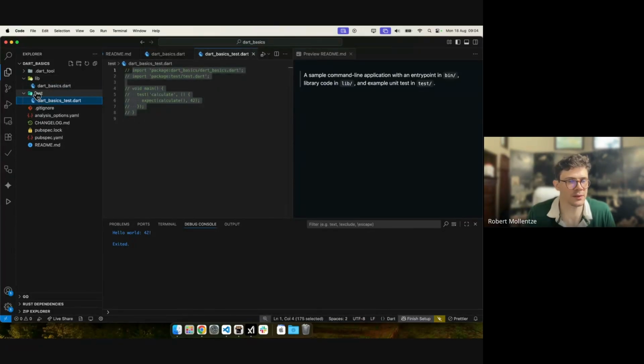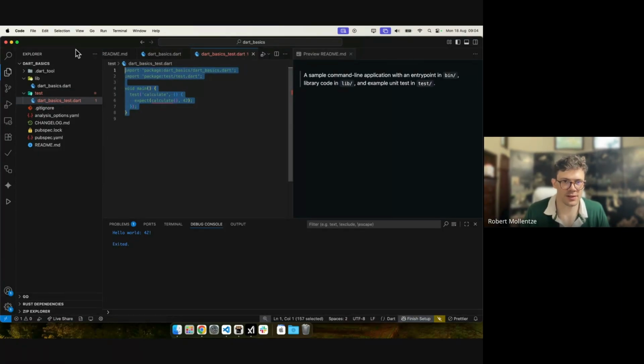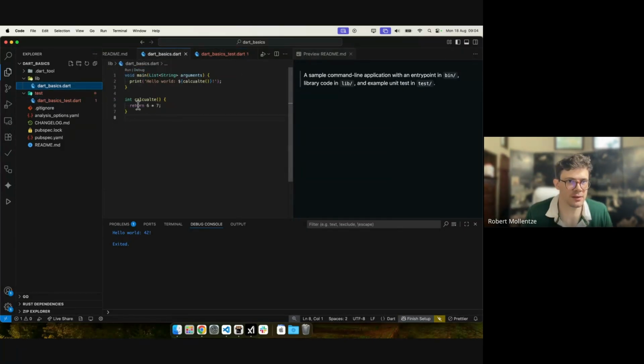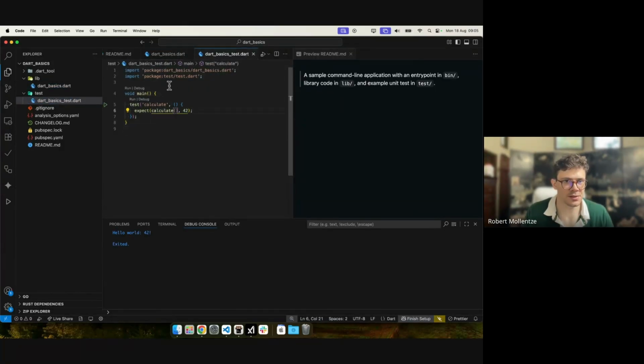And then we've got this test folder. Now, a test folder is made to test parts of our applications. So, for example, say I want to test if this calculate function returns the right value. So here I can create a test. So you use this test package here. And this allows us to say, okay, run this function and ensure that it returns 42. So if I run this,